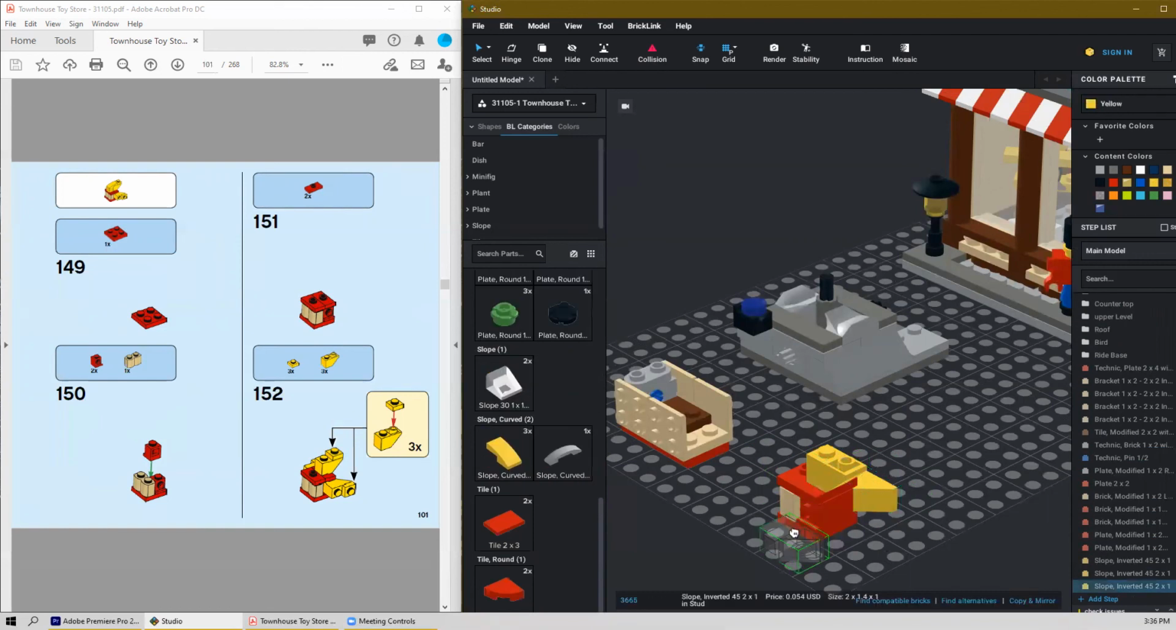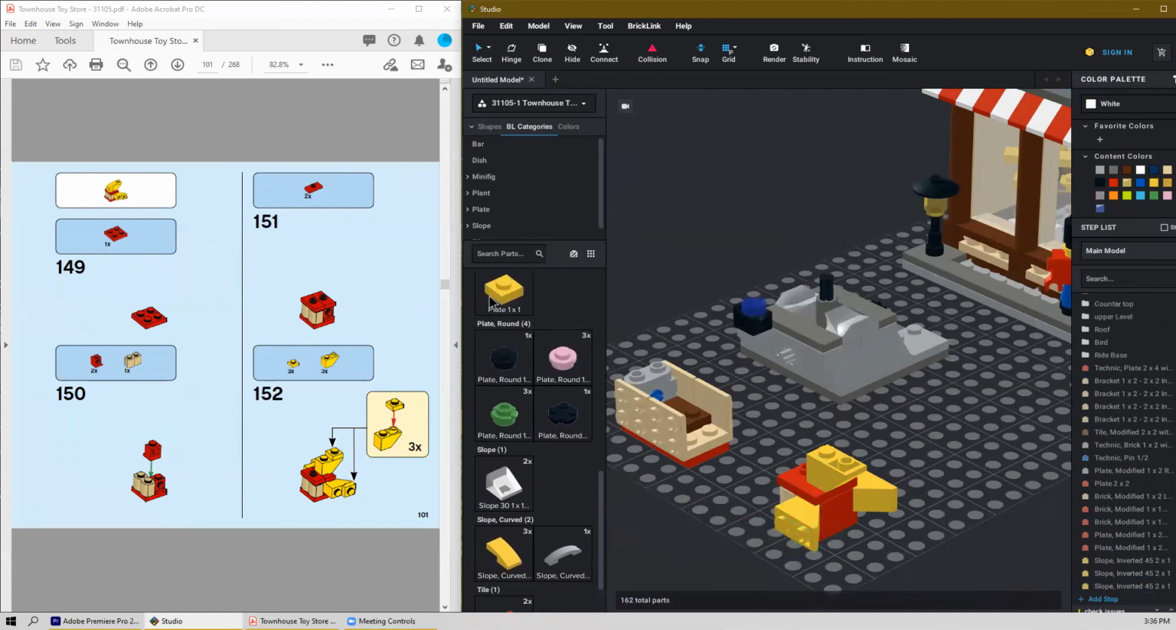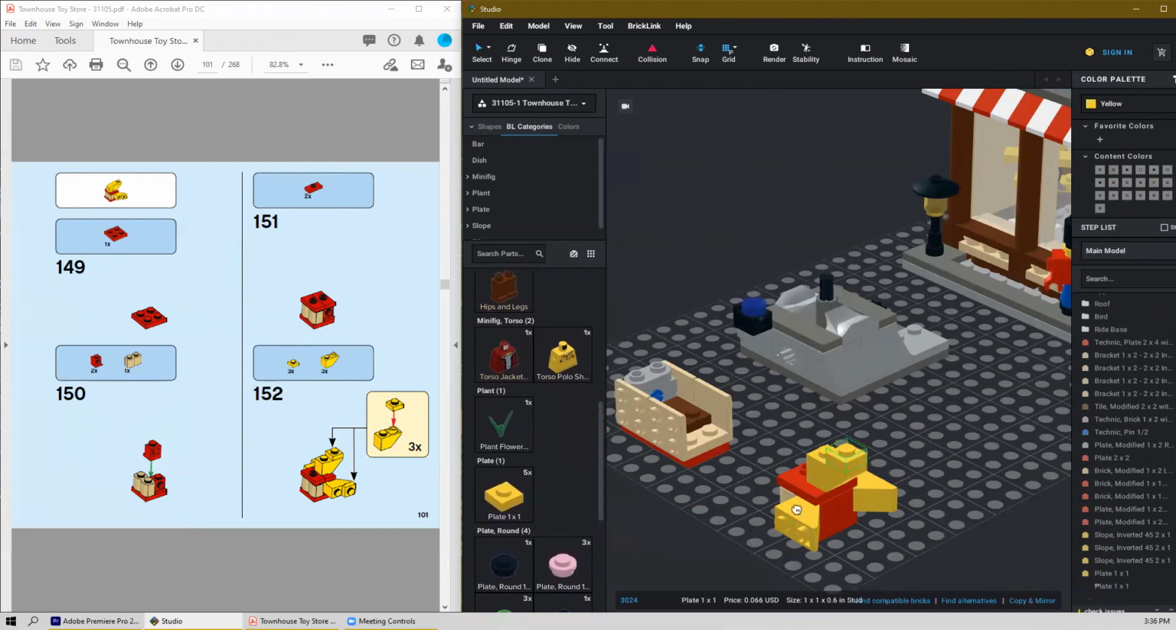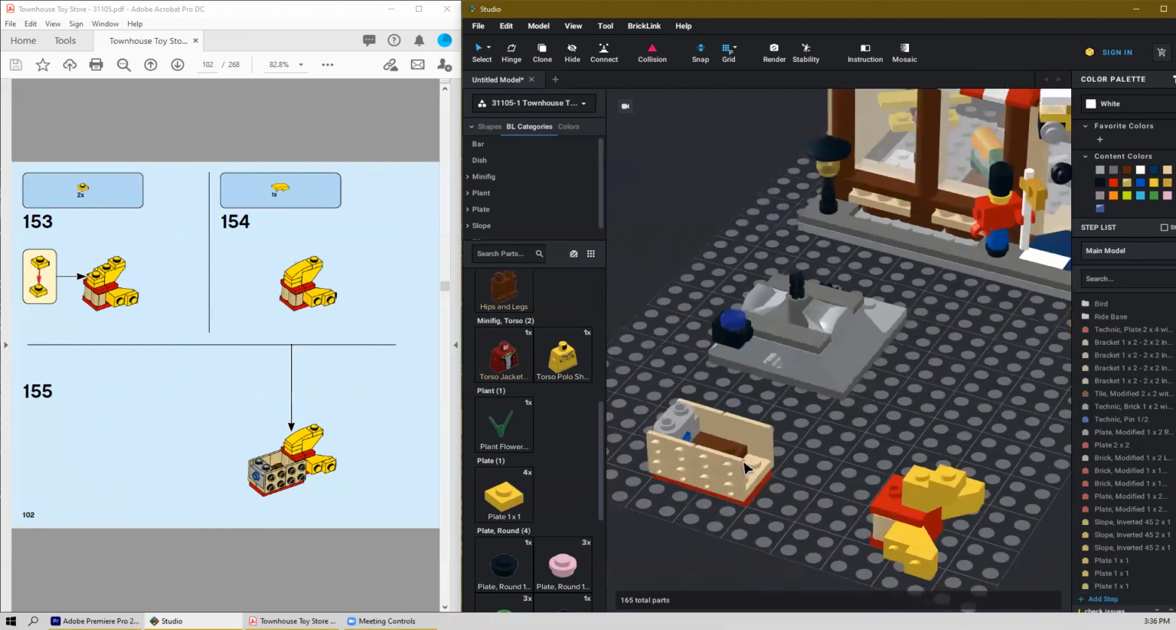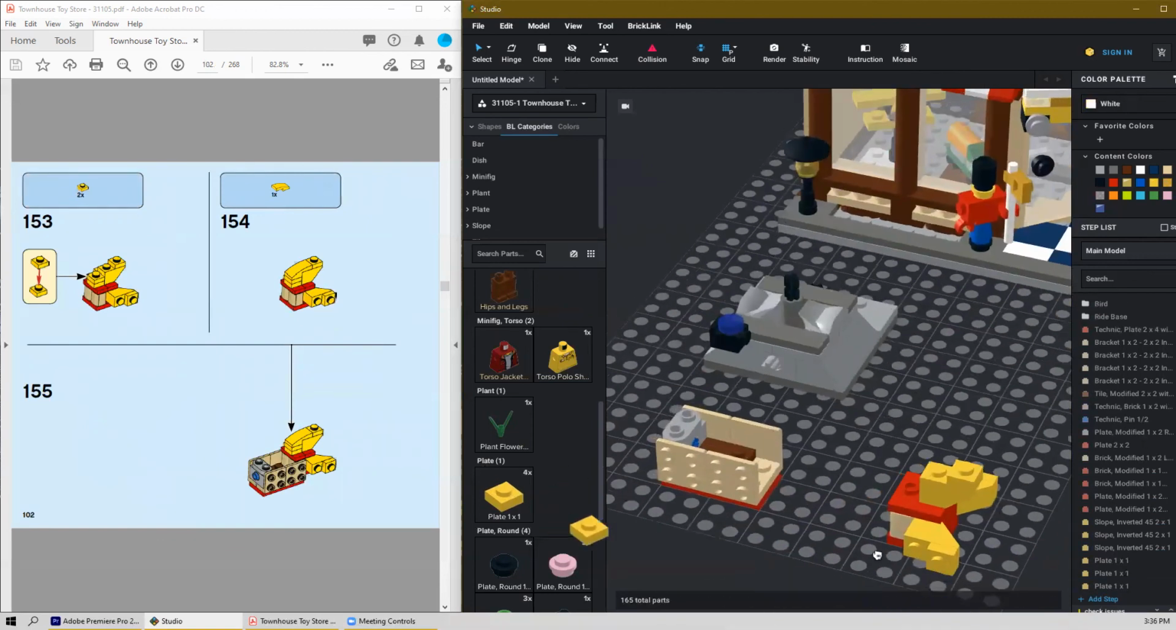So 1 there, and then there. Oh, that took a while to get right shape. Okay, and then that, and that. Okay, and a couple more of those,